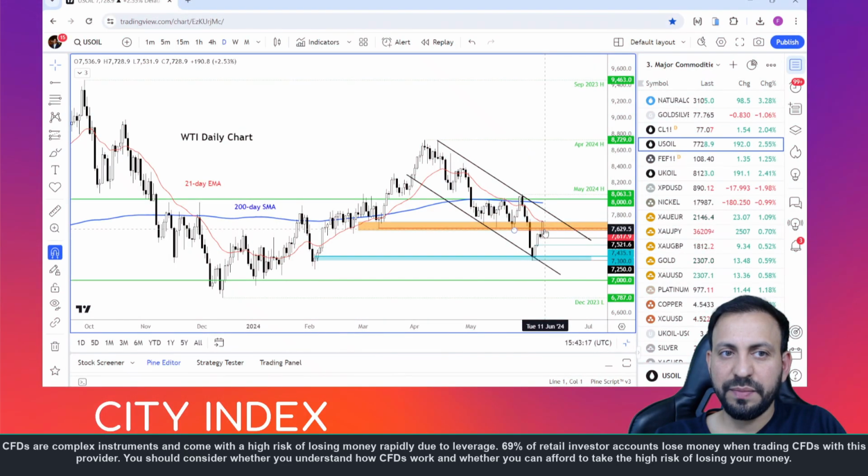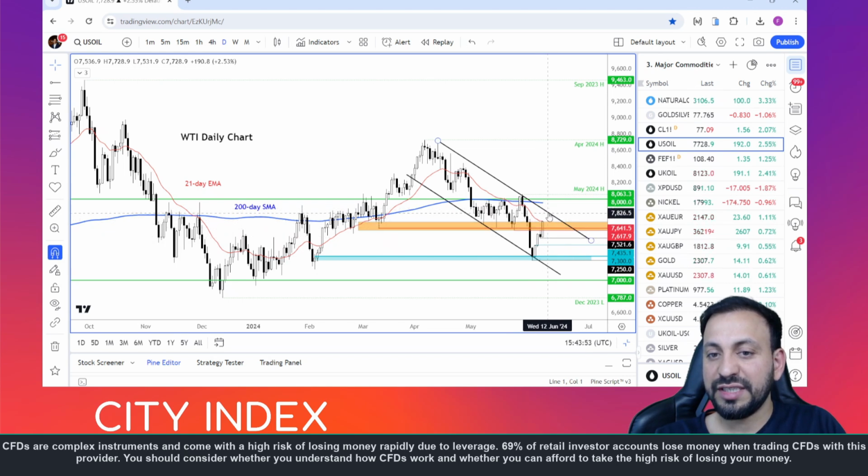Crude oil is back up 2.5% today. It's making back sharp losses from the previous couple of weeks. Right now, it's inside this bearish channel. So despite the recent recovery we're seeing, it's not completely out of the woods yet. Right now, it's testing the 21-day exponential moving average, which is pointing lower. So it could turn lower from around these areas, with further resistance seen around the resistance trend of this bearish channel, which comes in at